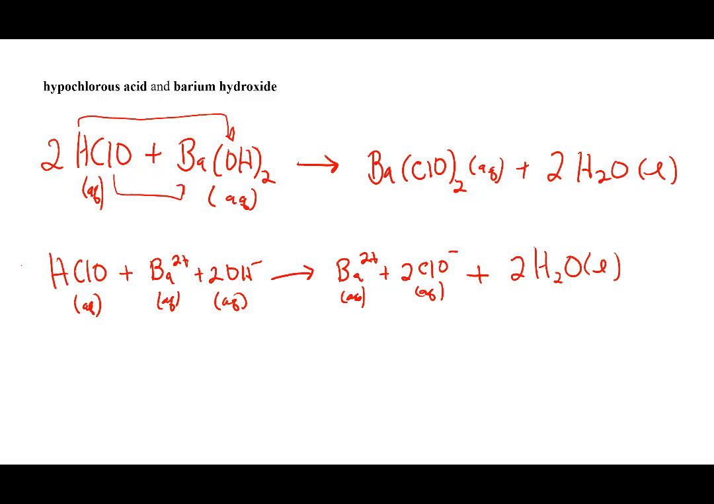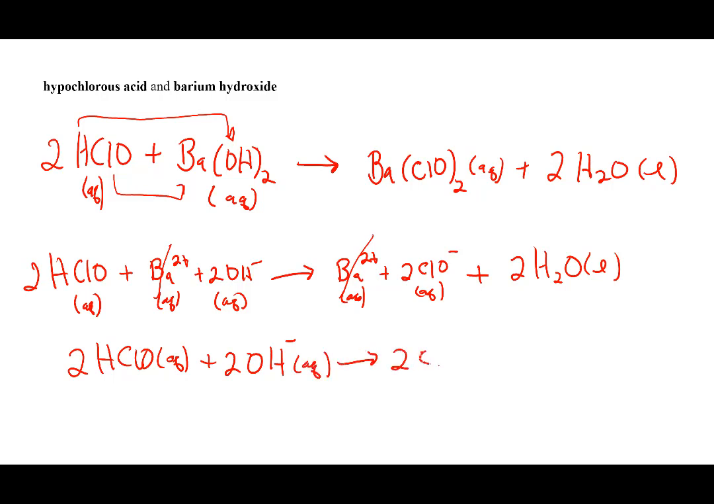Oh, sorry, 2 of these here. Okay, now the spectator ions, there's only one here, it's barium. Barium's the only spectator ion. So the spectator ion is... 2 hypochlorous acids, those are aqueous. Those react with 2 hydroxides, those are aqueous. And that goes to make 2 hypochlorite ions plus 2 waters,